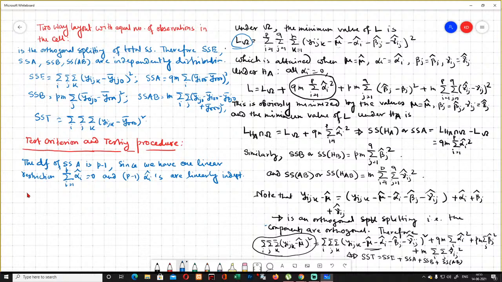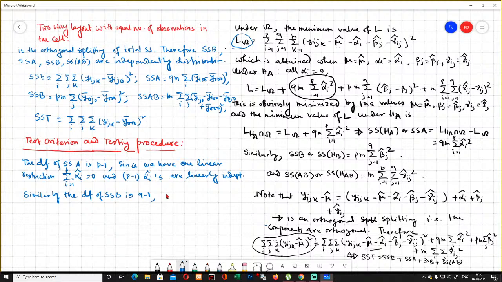Similarly, the degree of freedom of SSB is q minus 1, because we have one linear restriction, that is the sum over j from 1 to q of beta j hat equals 0, and q minus 1 beta j hats are linearly independent. So degrees of freedom of SSB is q minus 1,